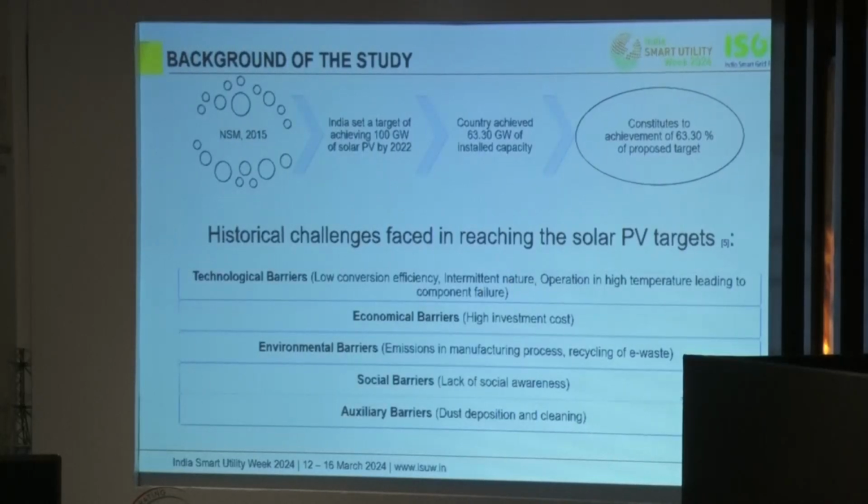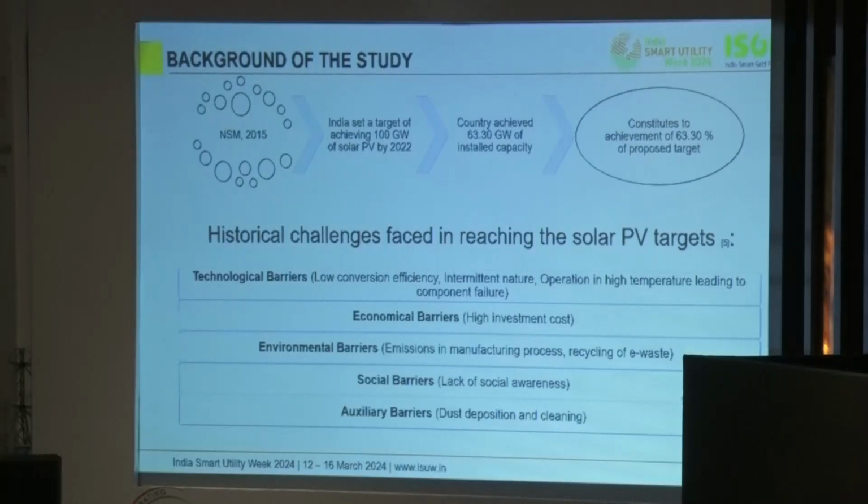The target that was proposed with the National Solar Mission in 2015 was that India set a target of achieving 100 gigawatt by 2022. For that target, the country achieved 63.30 gigawatt of installed capacity, which constitutes an achievement of 63.30% of the proposed target. In achieving this target,